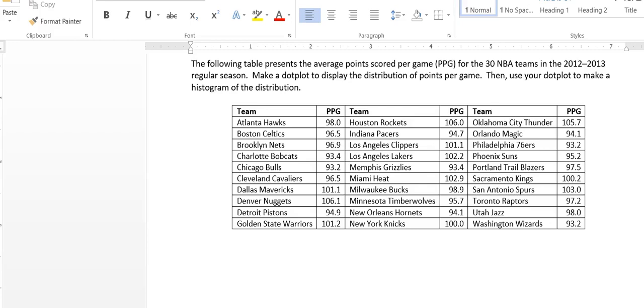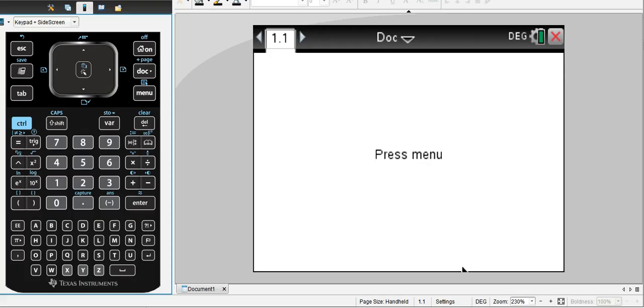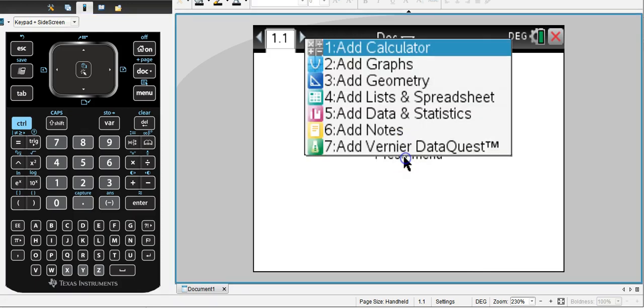The following example is going to refer to the data table of the average points scored per game, PPG, for the 30 NBA teams that is in your notes. So flip to your notes because you're going to need to load this data into the calculator. So the first thing you do is open up a new document or current document that you're working in and